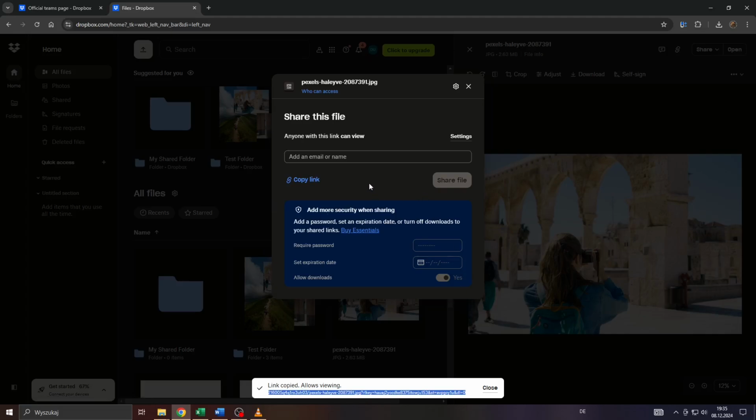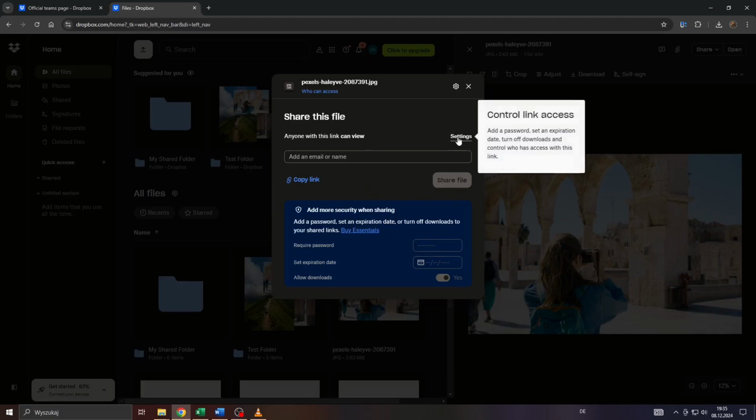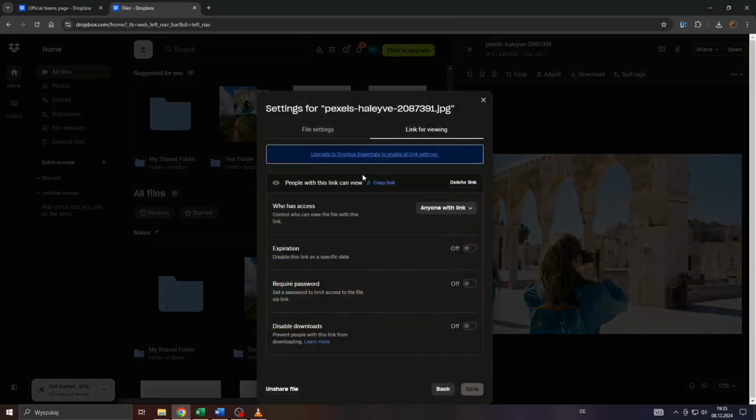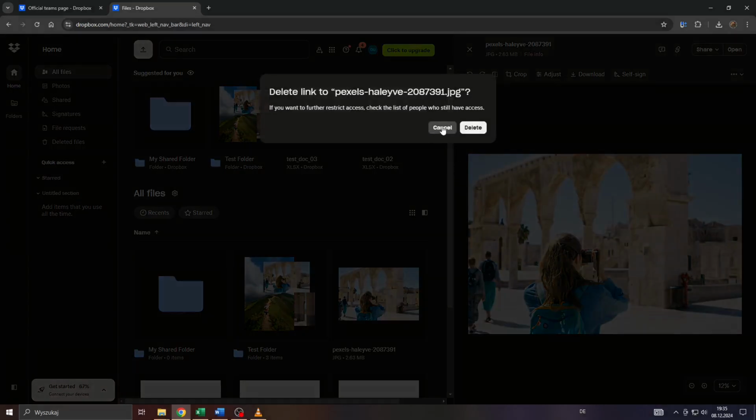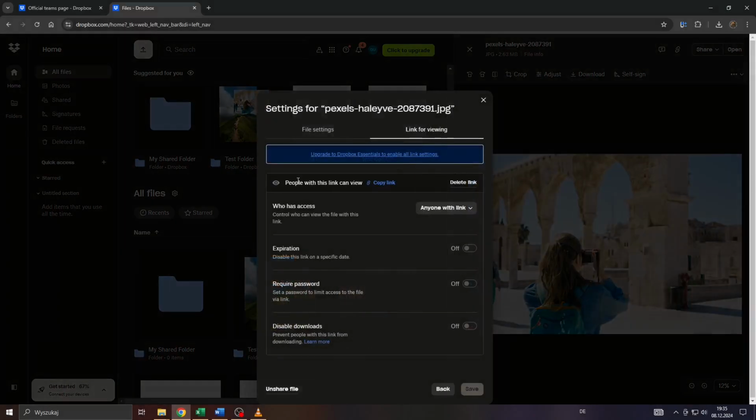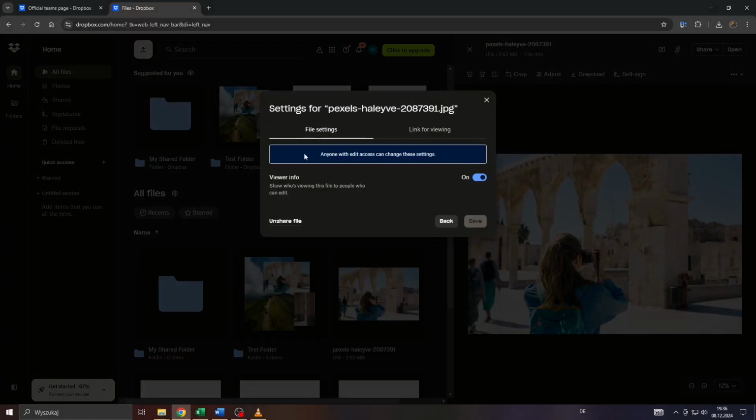Click on Create here. So to unshare that link and also the published file, simply click on Settings here. And on the next page, you have either the option to delete or to remove the created shareable link here by clicking on Delete Link. So that would be one option if you'd like to take that link offline,